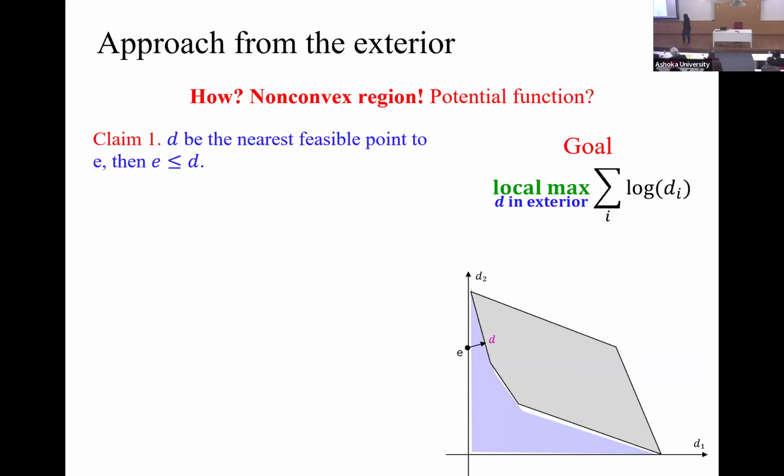So what we do is that you start with some exterior point, and you project onto the boundary of your feasible region from below. Okay, this is the Pareto-optimal frontier for you. What we can prove is that the objective in this region is such that this projection is going to be coordinate-wise better than where you started. So this will only improve your potential. It cannot decrease your potential.